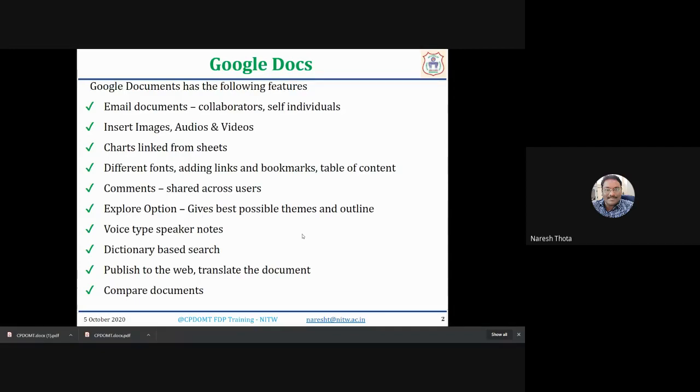And of course, as in Word, we can put in images, audios, videos. Charts especially are useful when you want to explain your data in terms of graphs and images, and you can highlight some of the charts. And the other one is comments. You can comment on something and link somebody, so that the comment goes to that particular person, who can review whether to accept or reject it.